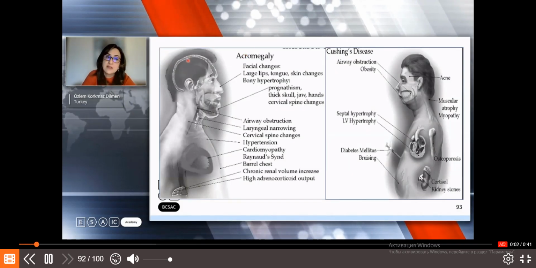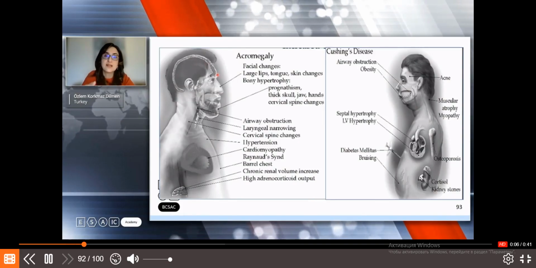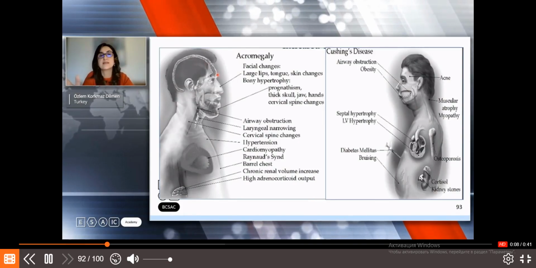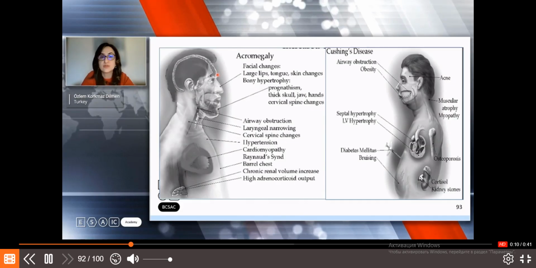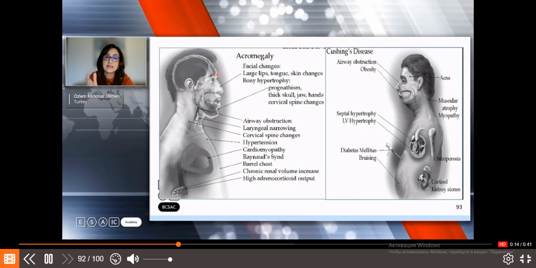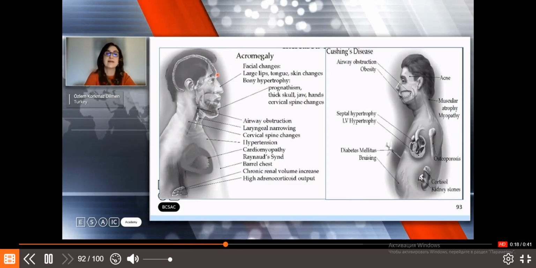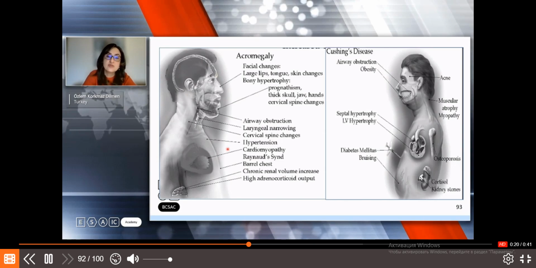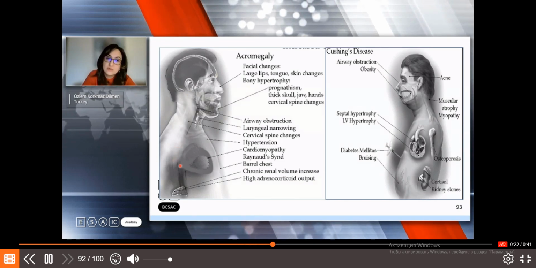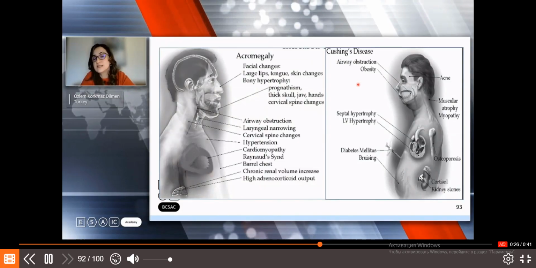Acromegaly can cause difficult ventilation and difficult intubation due to large lips, tongue, skin thickening, bony hypertrophy, prognathism, thick skull, jaw, hands, and cervical spine changes, airway obstruction, and laryngeal narrowing. Cardiomyopathy is the most common cause of mortality in acromegaly cases, and in Cushing disease,